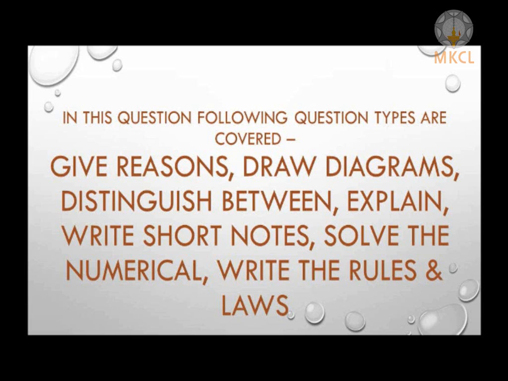The next question can be distinguish between. Whenever you are writing the answer of distinguish between, don't forget to make 3 distinct columns. The first column should be for writing the point of difference. You are always asked to write down only 2 points, which you should write in a proper manner. But if you know, then you can write minimum 3 points. The examples are never treated as separate points. That is why, whenever you are writing certain examples, for example voltmeter and ammeter, then write down the unit, thereafter there is connection, etc., etc.